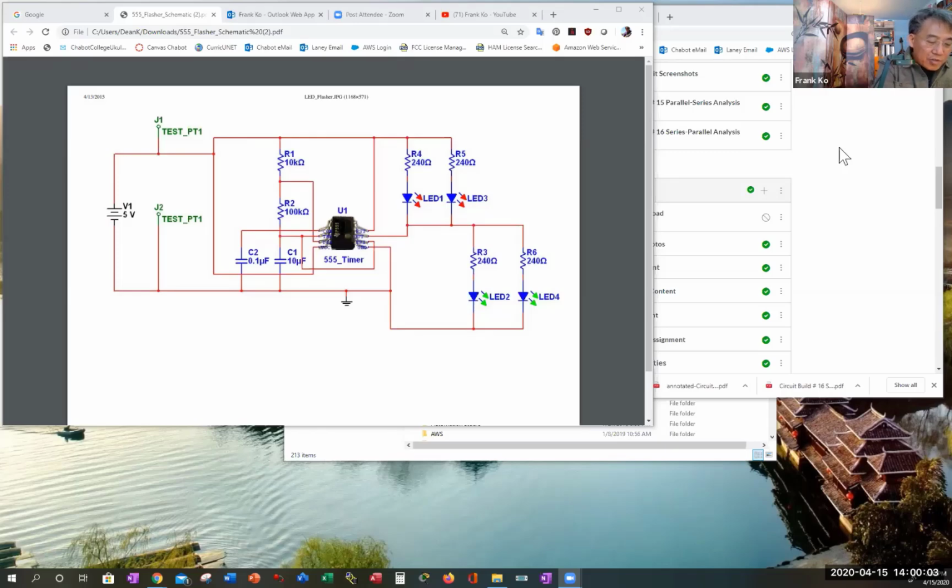And it happens to be an 8-pin chip. This particular chip is very famous, it's called the 555 timer. And the 555 timer is an integrated circuit,